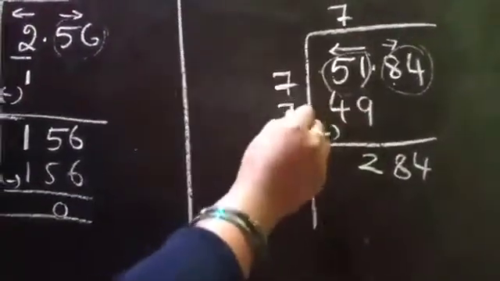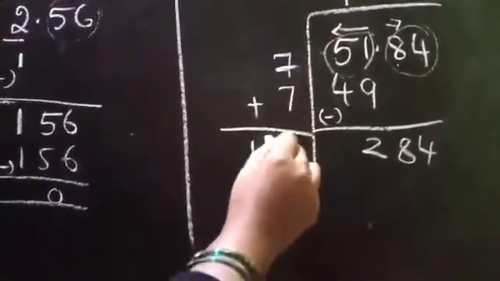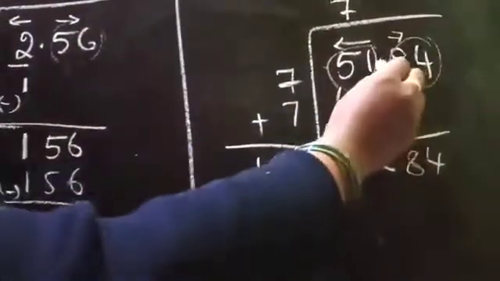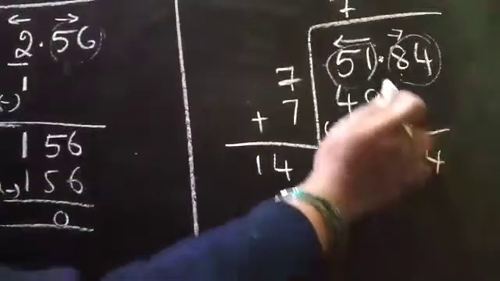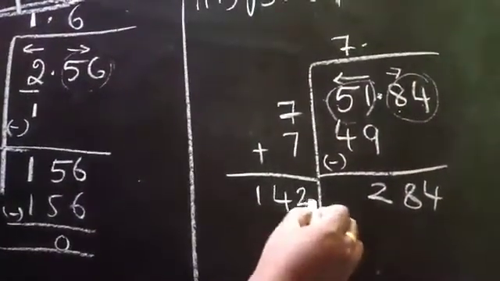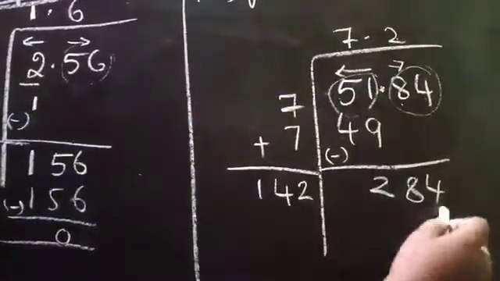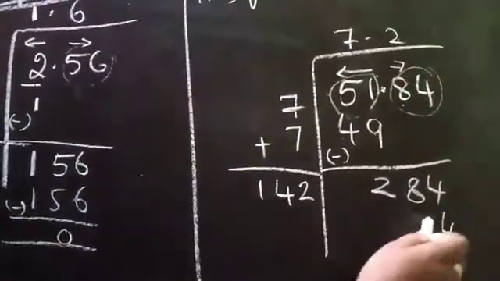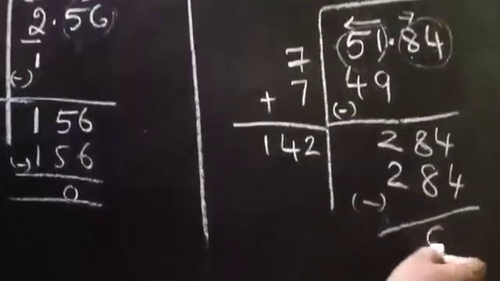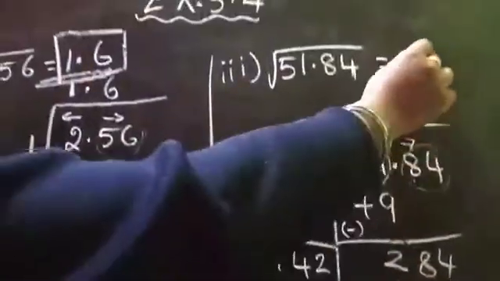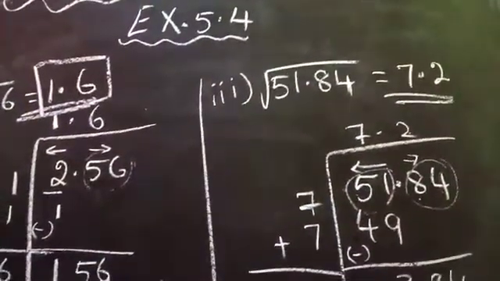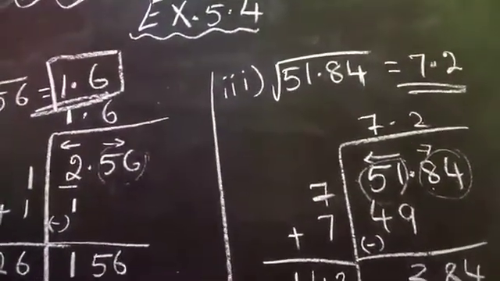Then 7 plus 7 is 14. Any number you write here, the same number we should write here also. This is a decimal number we are bringing down, so we keep the point in this place. So 2: 2 twos are 4, 2 fours are 8, 1 two is 2. Now do the subtraction, we get 0 here. So our answer is 7.2. In the same way you have to do the remaining sums in this main.